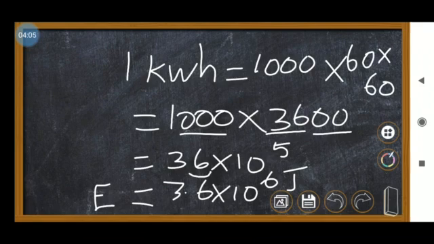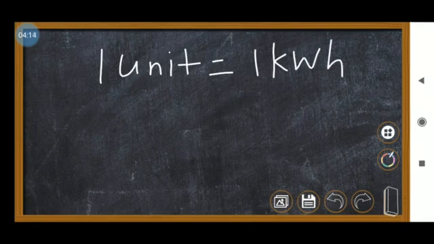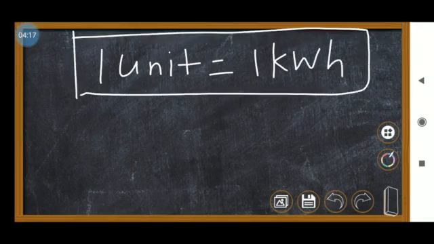Students, this is the kind of calculation we have to do. This is called the commercial unit, one unit, which is equal to 1 kilowatt hour. Generally we have to find energy in terms of kilowatt only. Whenever they ask how much energy there will be, you have to find it in terms of kilowatt, because the watt is a very small quantity, so multiply 1 kilowatt by hours and you will get the answer. Okay students, based on this we will work out one problem.